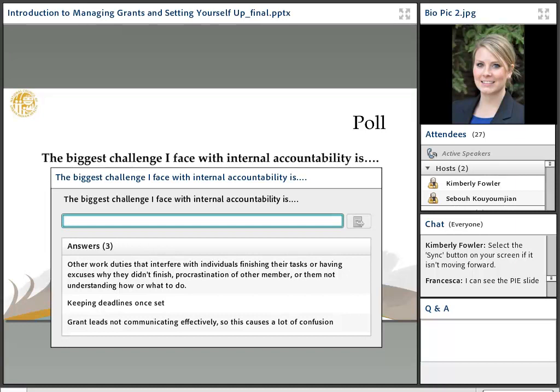So I think that's getting into the risk management of your members and thinking about what risks you might have to manage with the team, if you know somebody does procrastinate a lot, or keeping deadlines set. Those are unrealistic deadlines, yes.